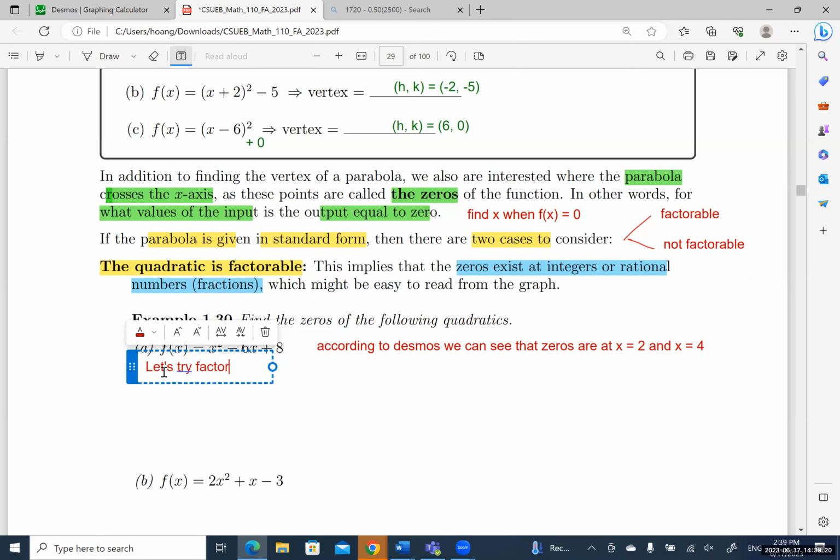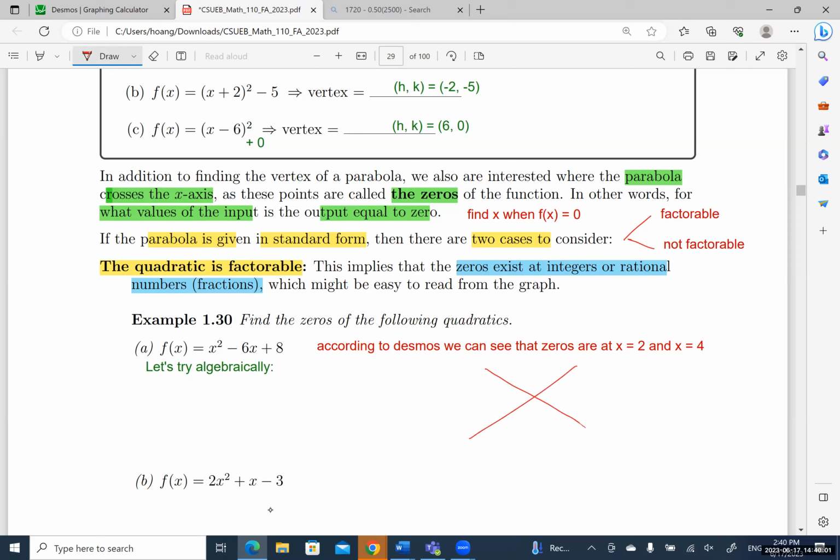So let's try the factor way. Okay, so let's try algebraically. So how can I try algebraically? First, I need to factor this one, but how to factor it? You might think about there is a method that's